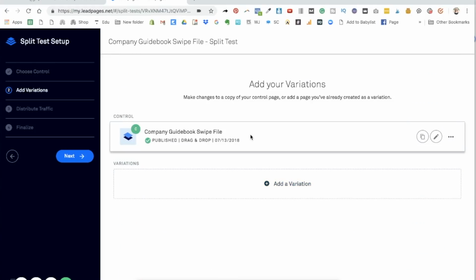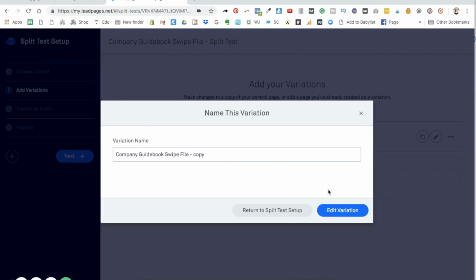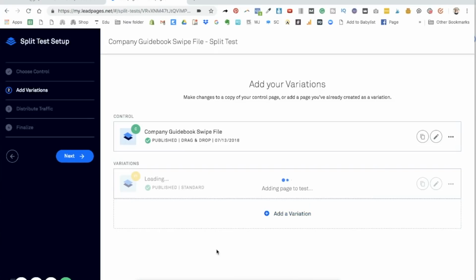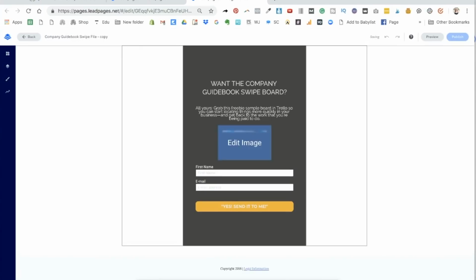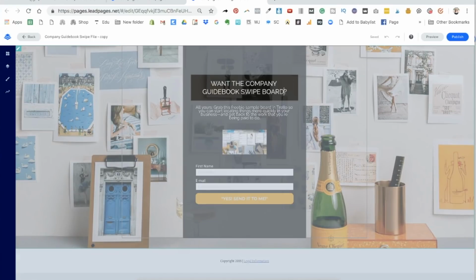And then, so this is the control that's marked by that C up at the top. And what I'm going to do now is create a variation of it. So once I create the variation, this will be a version that I'm going to test it against. You can create multiple ones if maybe you have 3 different headlines that you want to test out. I'm going to edit this real quick to have some little different copy up at the top. So like I said, the copy was working really well, but say I wanted to try something else. Say I'm testing this for maybe a bigger service that I want to provide, and I want to see, well, what works better? Do they want to see specifically the name of the potential future product I want to offer, or do they want to